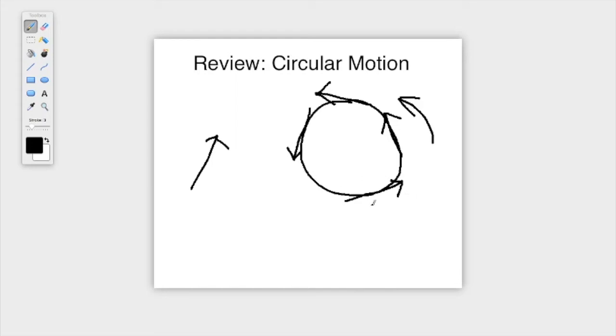And basically this is saying that we can describe this motion in a circle as its tangential velocity. So this is how we can actually describe things in a circle linearly, but we can also describe them with